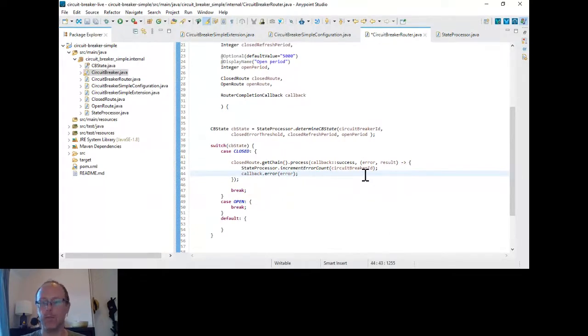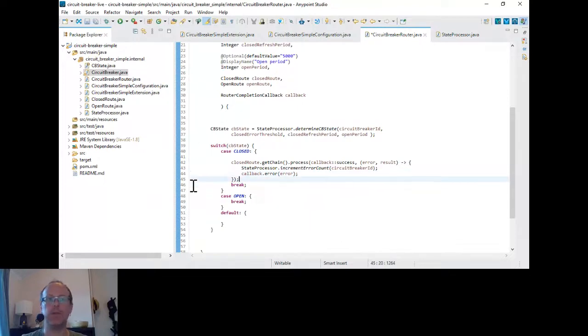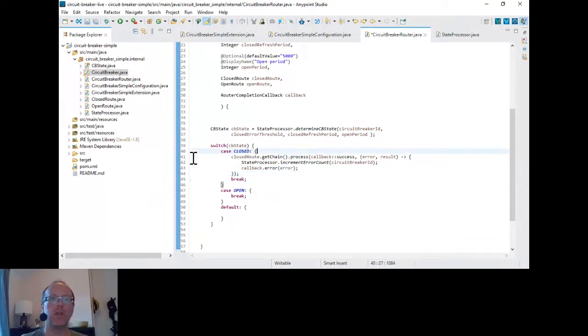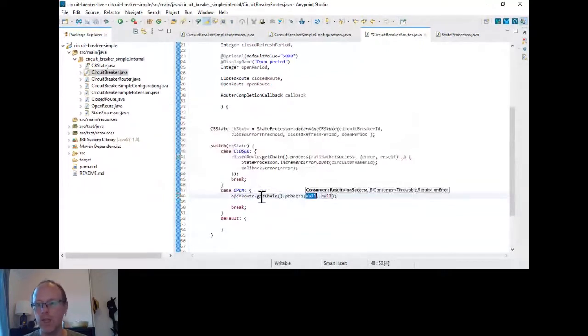All right. So that's what happens in the closed route. Well, pretty much the same kind of thing happens in the open route, because of course in the open route, what we're doing here is going to open route. Okay. Then we've got the get chain, we've got the processor, which is this one. Here, I'm just going to use the callback, because here, if it's successful, okay, full success, all right. And then if there are errors,